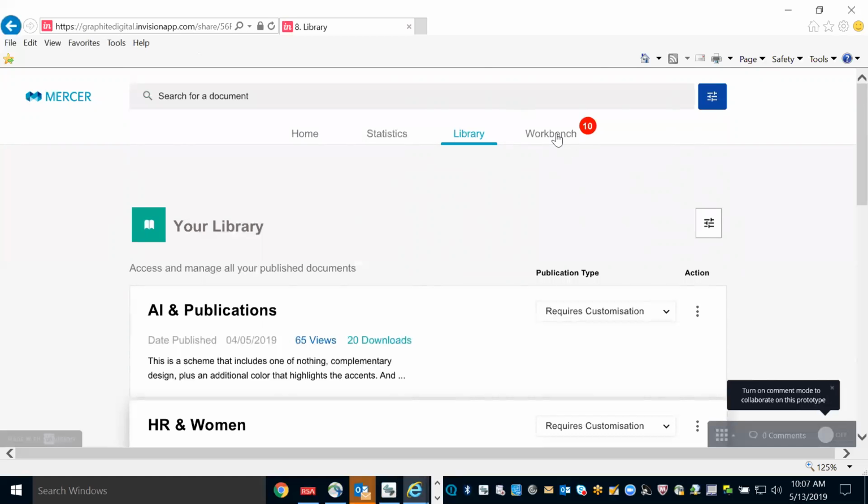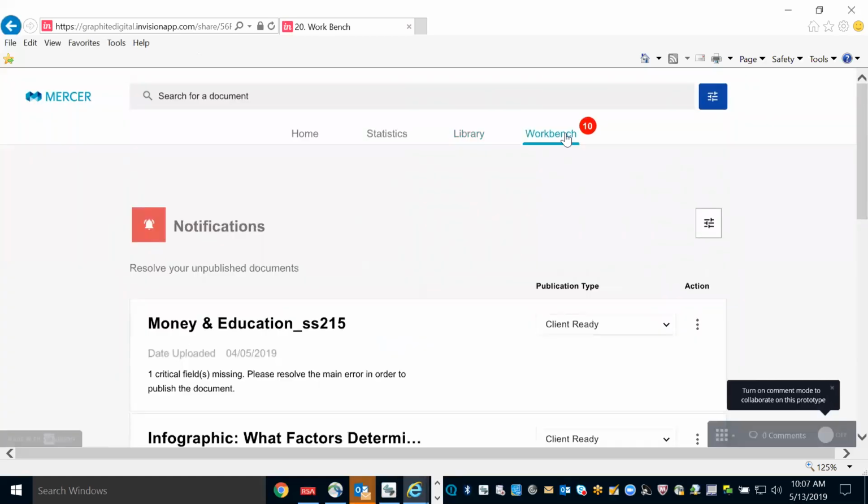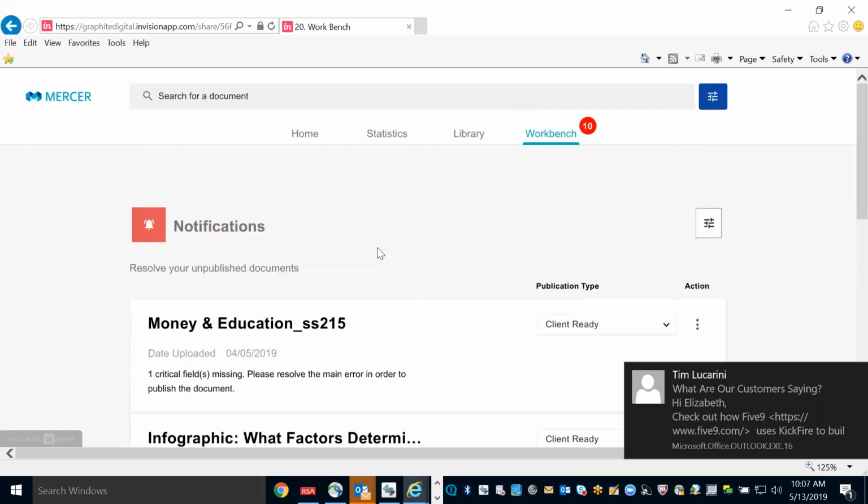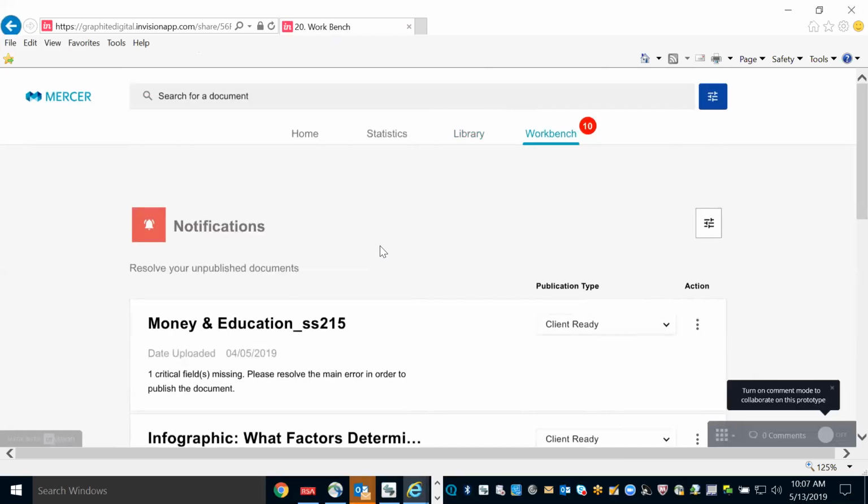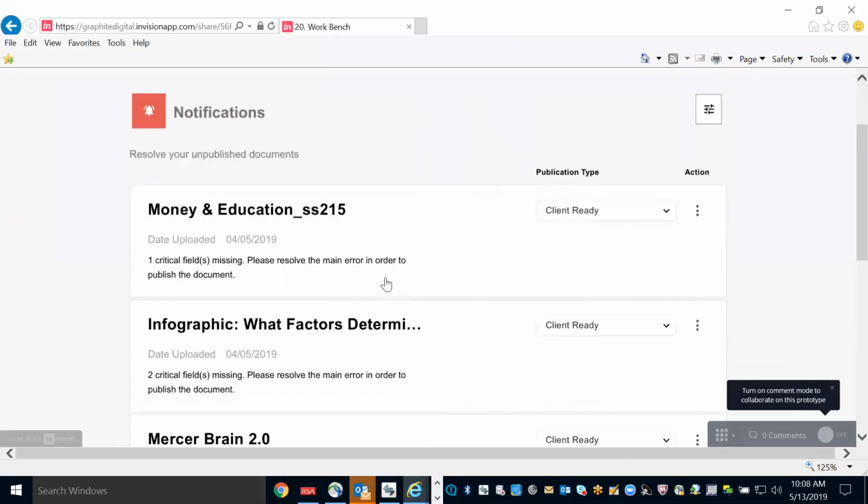Just to go to this workbench. I'm really not sure what this is. Okay. Because my first thought when I see workbench is that's the place I would go to upload my content. And I sort of end there, but then I saw this little thing that means notifications. I wonder what that is.